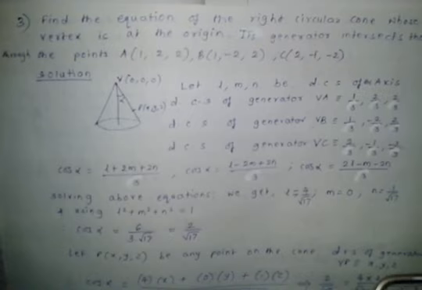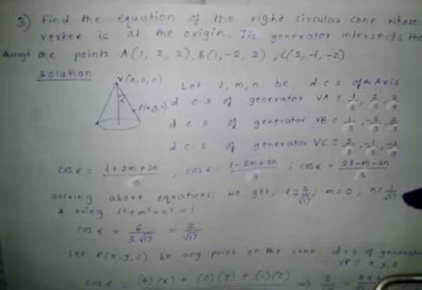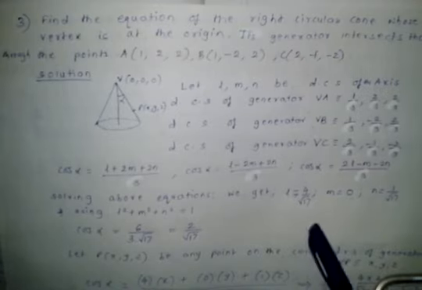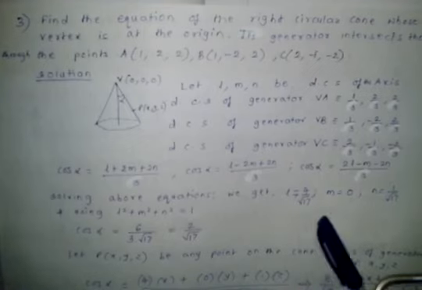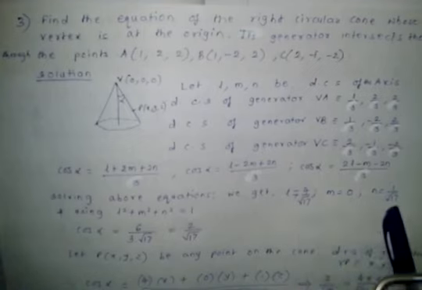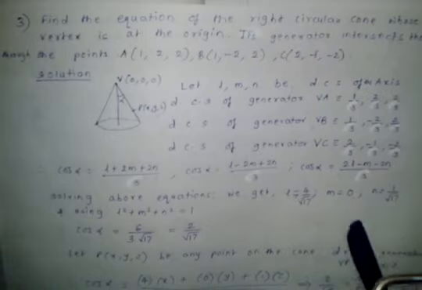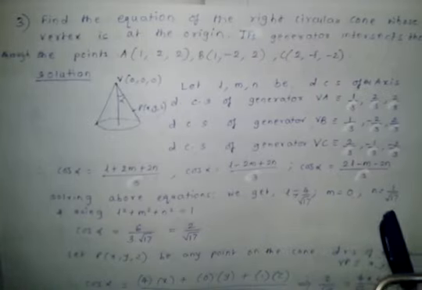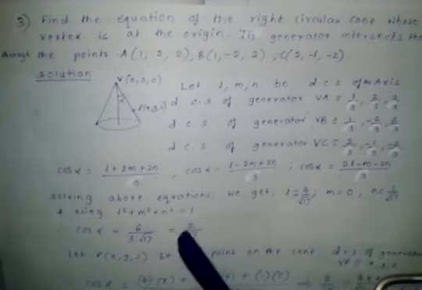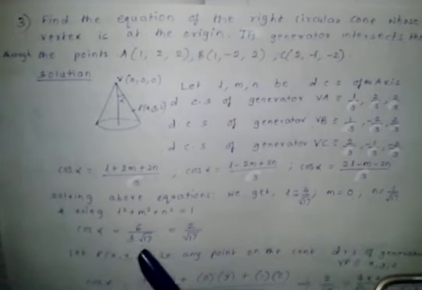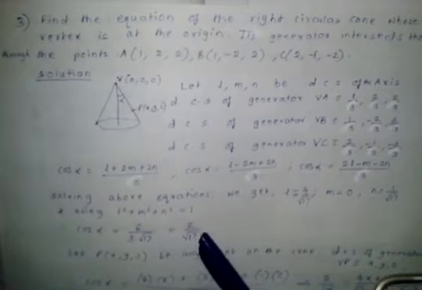Solving these equations and using L square plus M square plus N square equal to 1, we get L is equal to 4 by root 17, M is equal to 0 and N is equal to 1 by root 17. Substituting these values in any one of these expressions, we get cos alpha is equal to 2 by root 17.